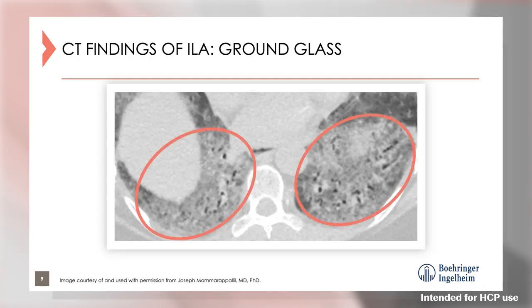Remember, to define ground glass opacity, this is an airspace opacity that occurs in the pulmonary parenchyma that doesn't obscure the underlying airways and vasculature. So we see the opacity here in both the right lower lobe and the left lower lobe. However, we can see the vasculature through this airspace opacity.